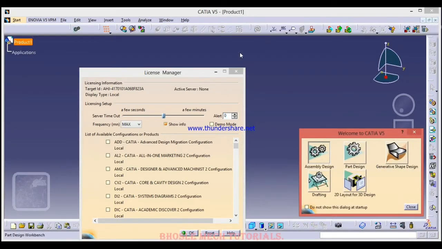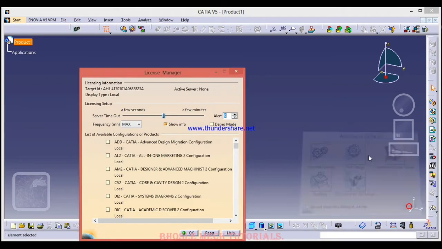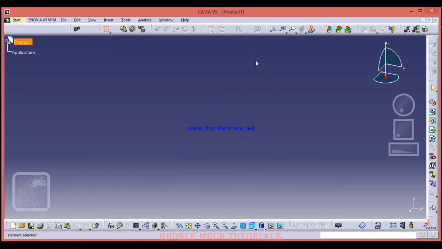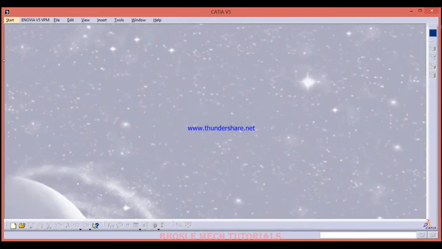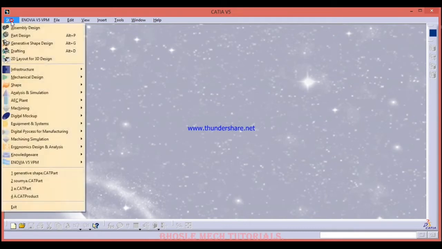See friends, as soon as you open CATIA, by default you will get a product workbench. You all must know this information. So I will close it. See here, in your left corner there is the start button.